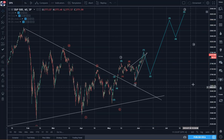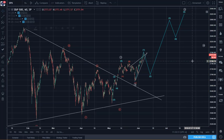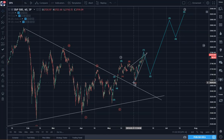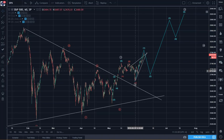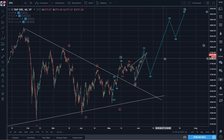Okay, we'll keep it like that for now. And since time has elapsed, everything has to move to the right. So if this is correct, we have wave one white circled, two, three, and we are on wave three, and we may have completed wave one, maybe a little bit higher to around 2786 or so. But if that wave one is complete in the form of a 1, 2, 3, 4, 5,